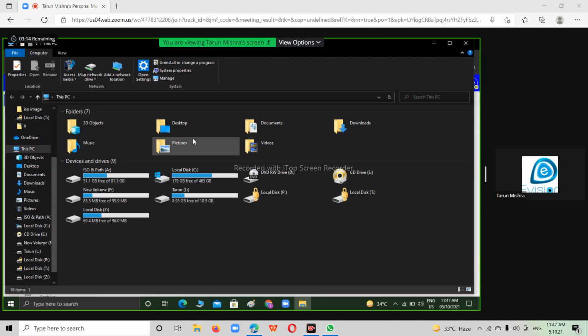PST or OST depends upon the configuration that we are doing. If we configure our mail with a POP account type, we will always get a PST file. But if we select IMAP, we will get an OST file. Like this, we have four or five differences that all of you should know, because the interviewer will definitely ask what the differences between PST and OST are. So you will not say, sir, I'm not aware about OST. This is your answer.